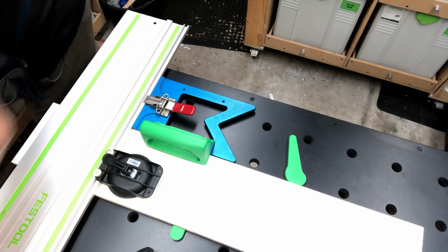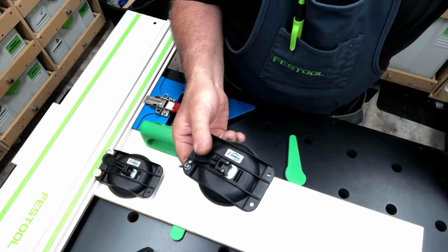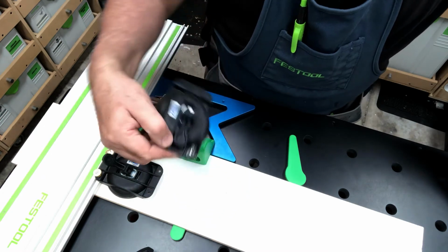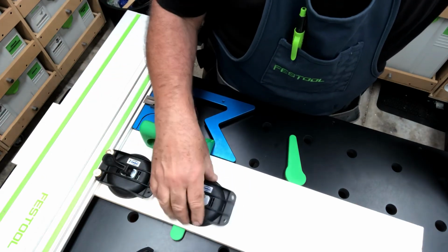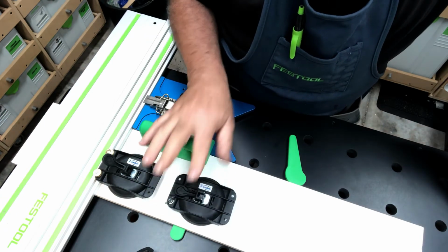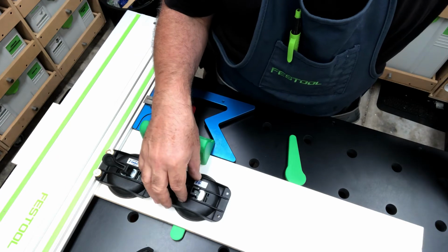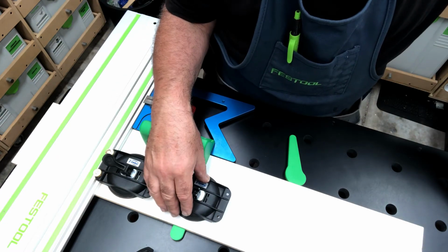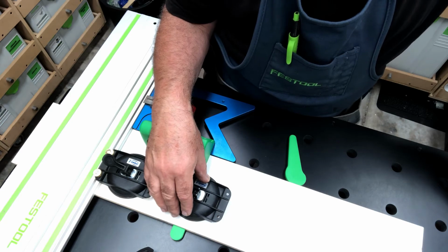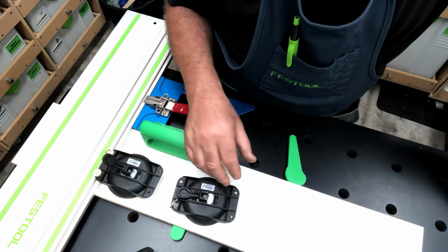I mean, they might have some other applications which I haven't yet explored. They only came in today. Now they're a Virutex. They were $92 a pair, which I think is pretty good, because the gecko from Festool I think is about 160, something like that. So these are 92, but mind you, at the same time you get a